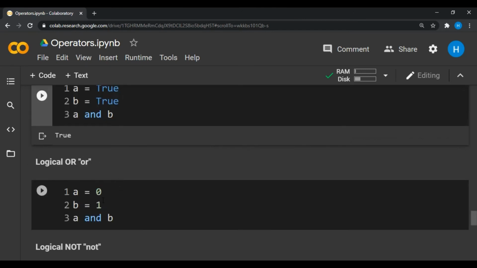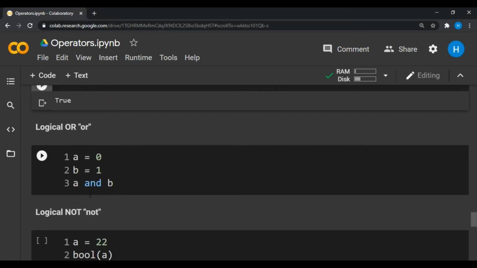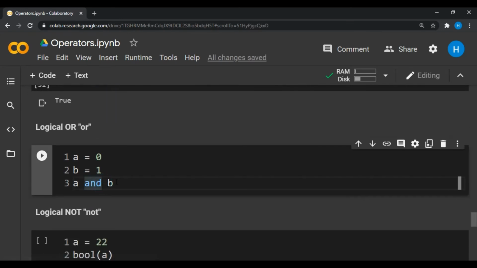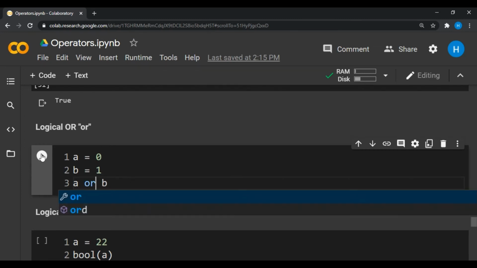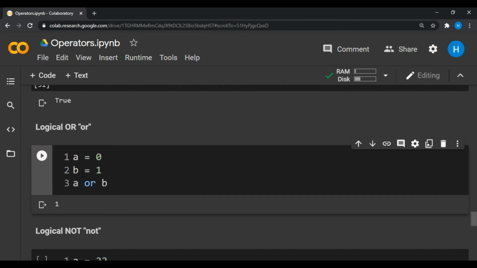In logical OR operation, if any of the inputs is logical high, or if it is true, or logic 1, then our output will be 1 or true. So here in this case, to perform the logical operation we need to write down A or B, and then we just need to run it. So here we have the output as 1.